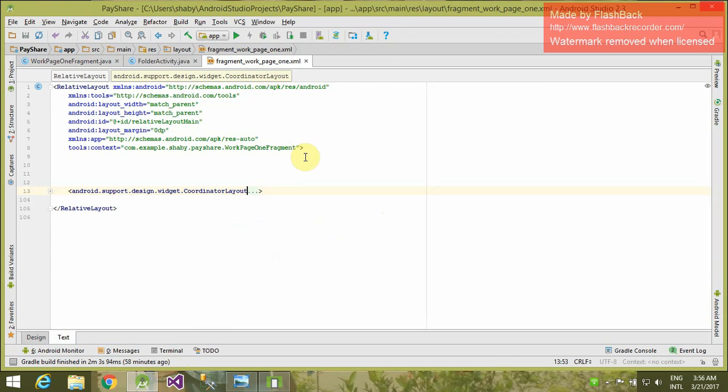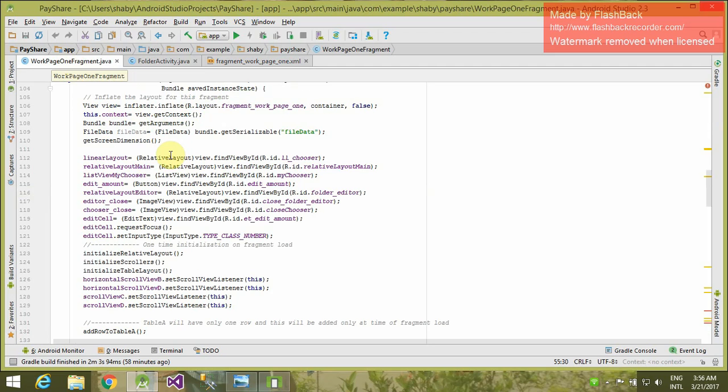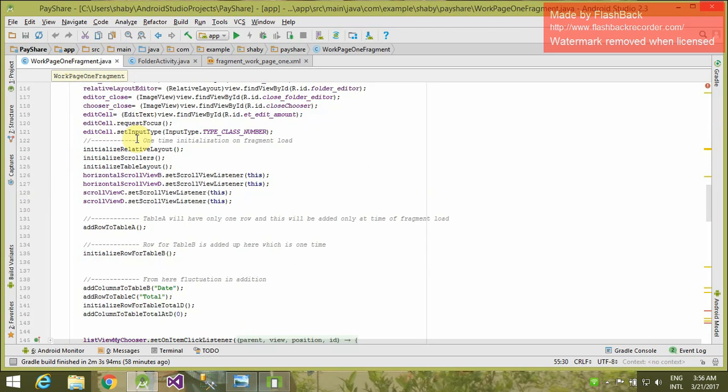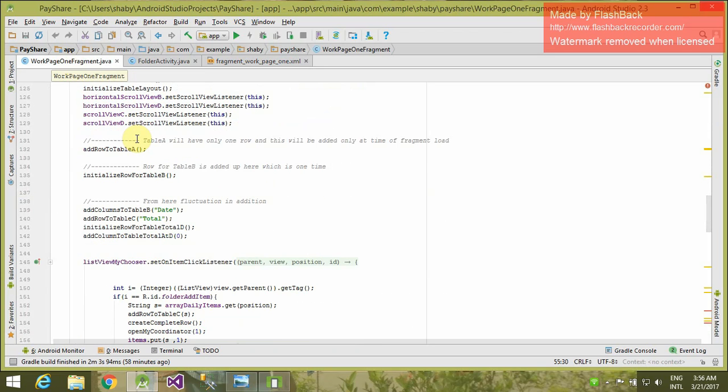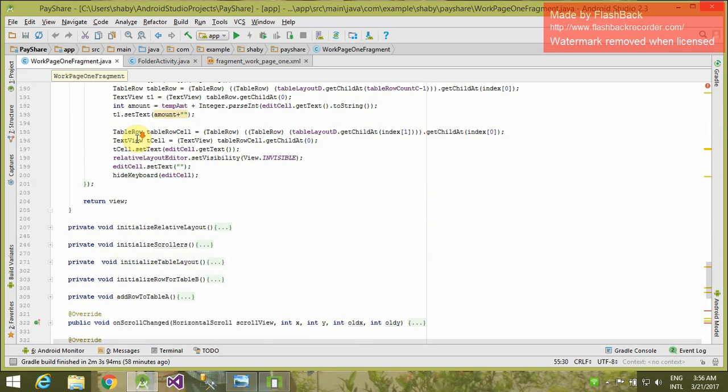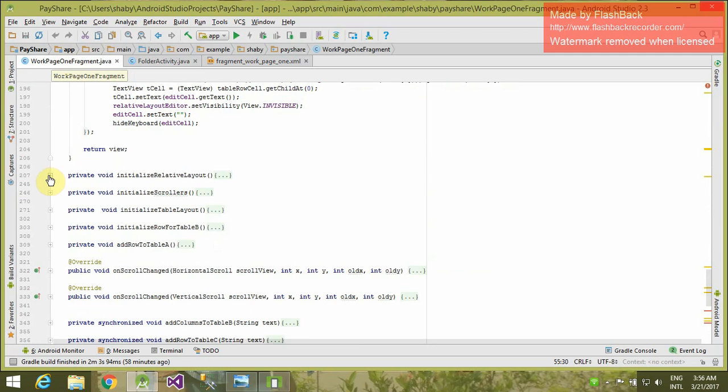I have created an initial relative layout structure in my XML file so that I can get the base XML. I have created a reference in the Java part, and first we will initialize all the relative layouts in the view. So let us move on to the function that initializes the relative layouts.